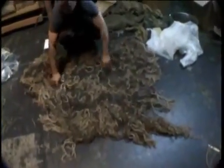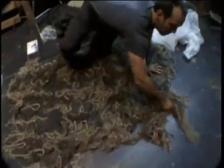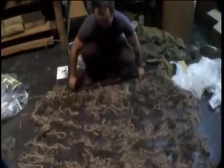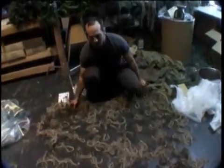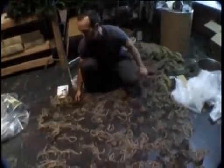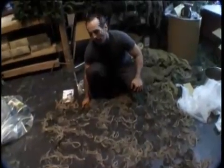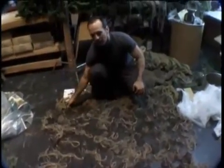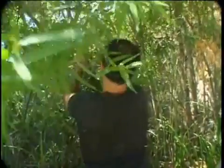So we're using that same 3/4 inch netting. I've reversed it. See, this is about 6 feet long by 4 feet wide. And if you're going to use this as a blind, you might want to have some real thin rope with you, or some elastic bands, so that you can tie some of these ends off to trees or to shrubs. Tying up into this branch,